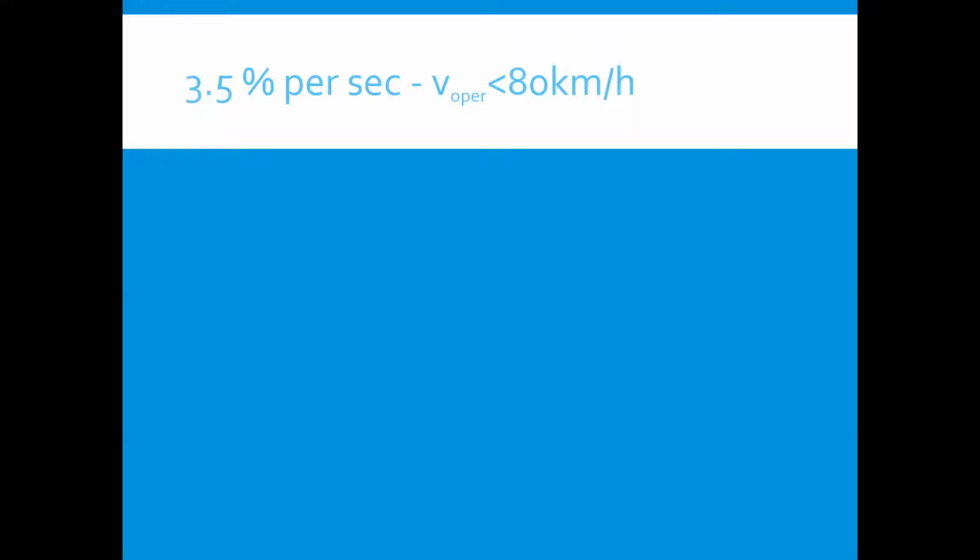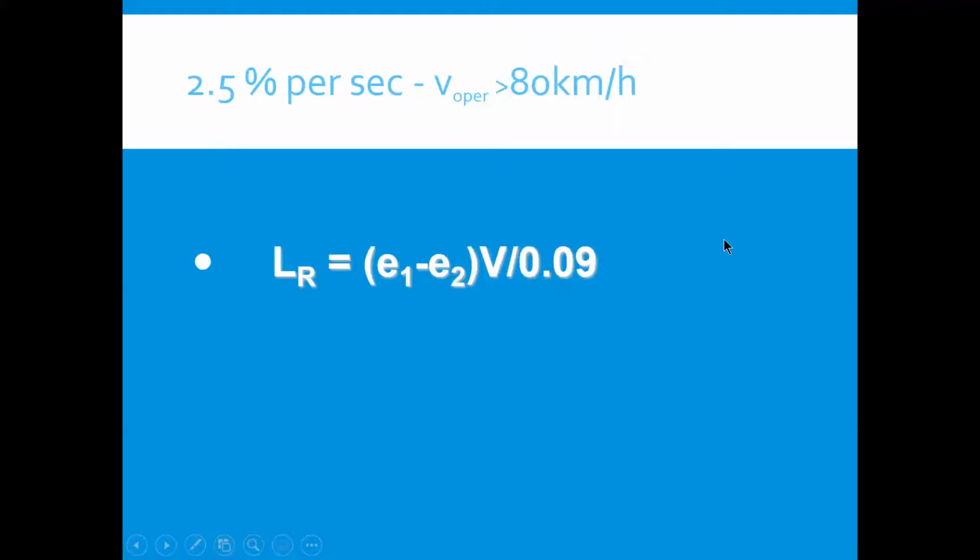For a rate of rotation of 3.5% per second, which is appropriate for operating speed less than 80 kilometers, the following formula should be used, where E is the superelevation development and V is the speed. For a rate of rotation of 2.5%, which is appropriate for operating speed more than 80 kilometers, the following formula should be used,